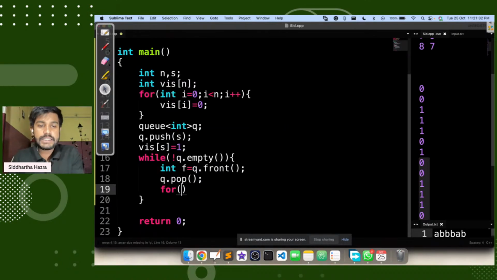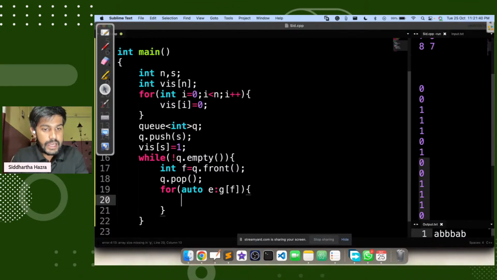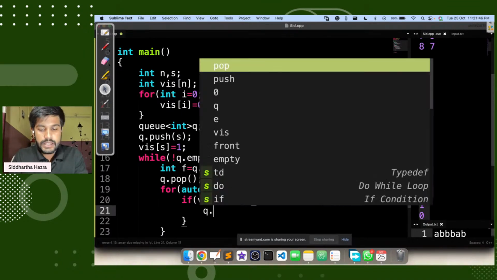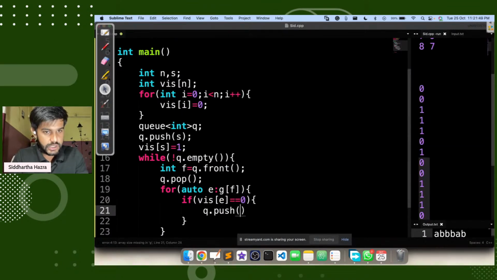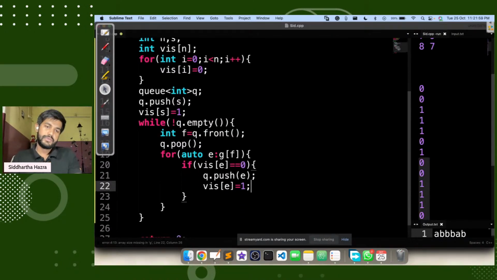Then we need to visit the neighbors of the front element which are unvisited. So for auto e of g of f, if visited of e is equal to false, then q dot push e, and we make visited of e equal to true.